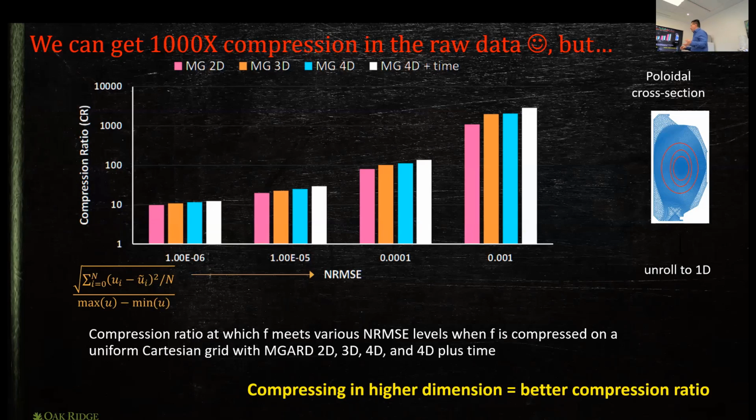This first is showing results. I like to show results first and then explain a little bit. This is just saying, with our reduction algorithm, MGARD, if you're just trying to compress the raw data for a particular accuracy, if your accuracy is 10 to the minus 3, you can get over 1000x compression. Now, I know what you're thinking. What about the quantities of interest? We'll get to that. But we can get a factor of 1000, so quite good.